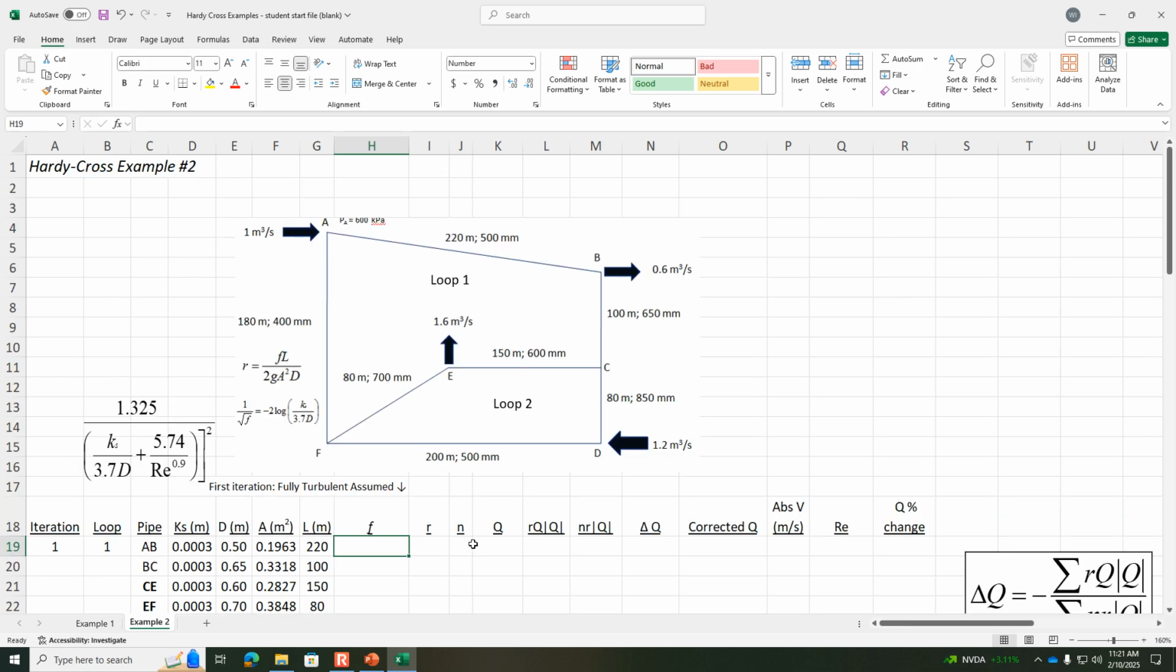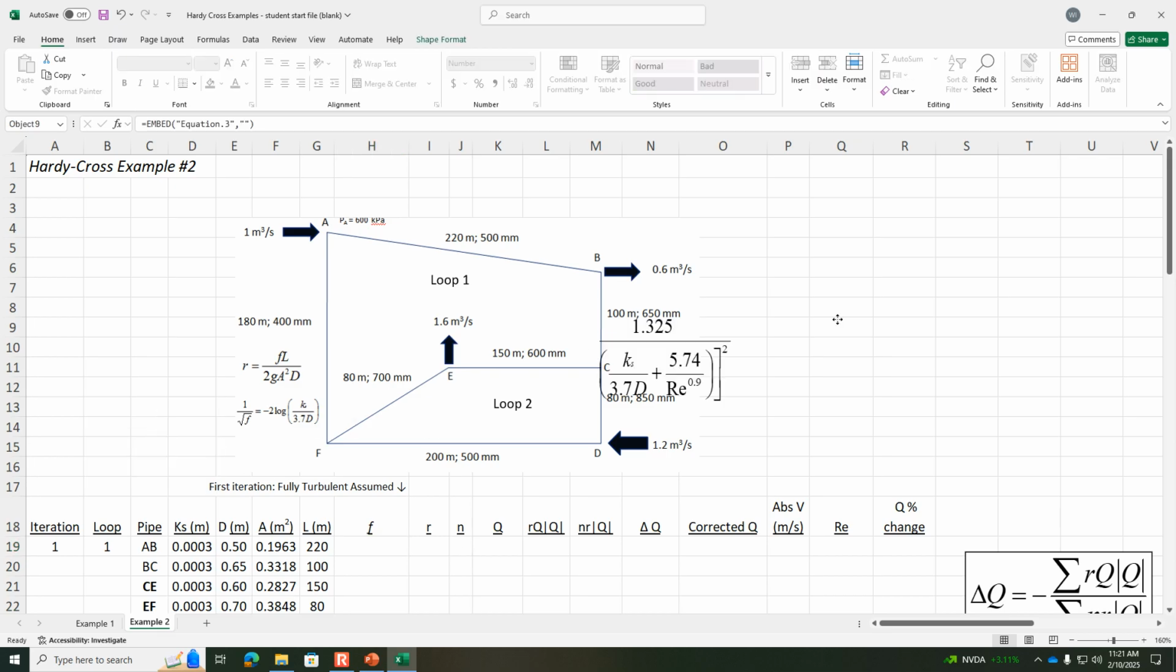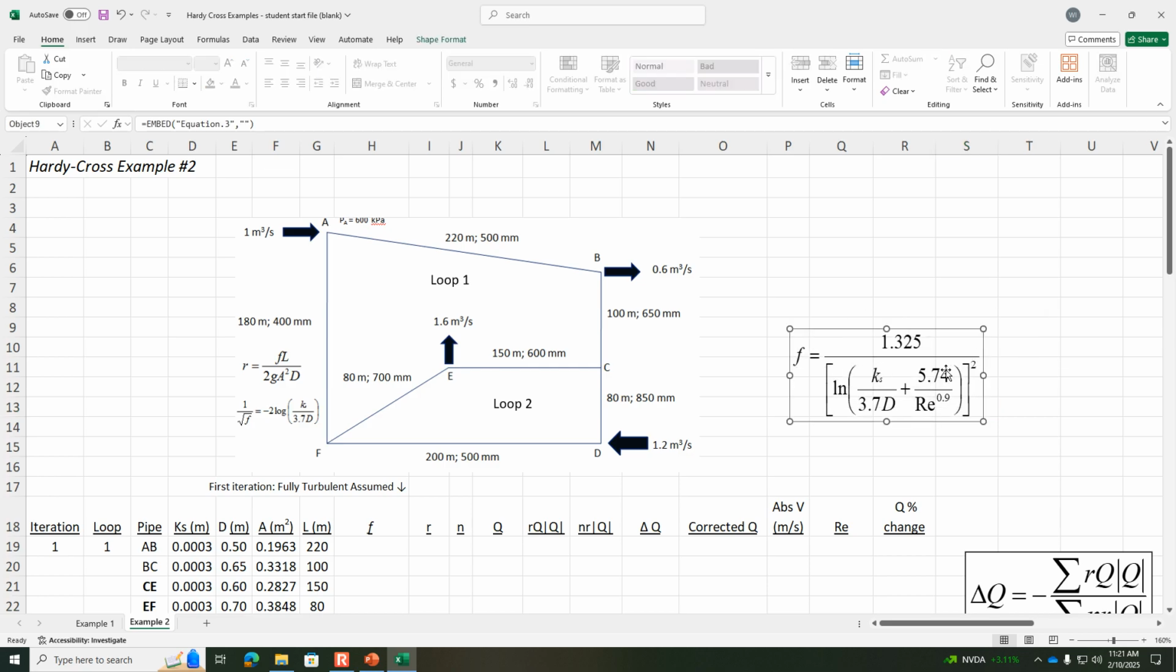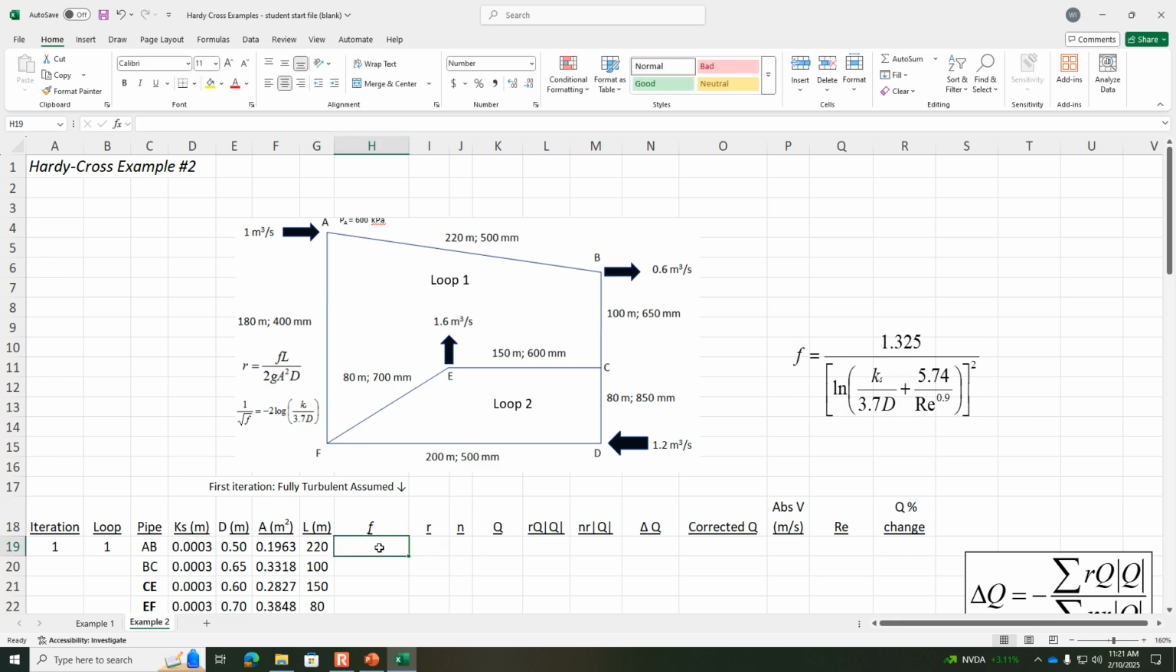So the next thing is for us to estimate the F value. And we're assuming the fully turbulent flow assumption. And for fully turbulent flow, here's the Jain equation. It says we've got a really big Reynolds number, so we're just going to use this first term in the logarithm function to estimate the F values. We're just going to use that for our first iteration because we don't know the flow rates yet. So F equals